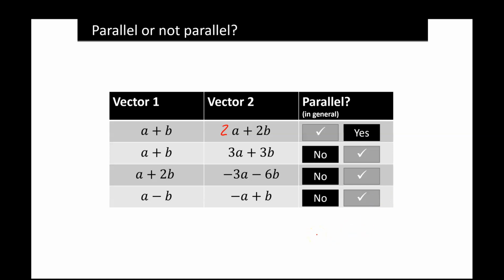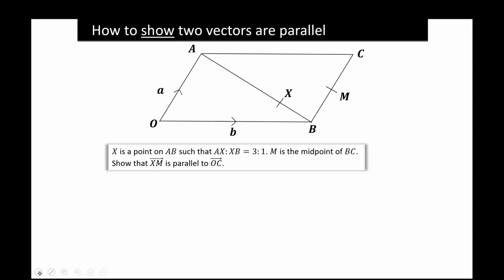So the questions you're likely to get with that, which I'm sure you're all keen to see, is something like this. Show that 2 vectors are parallel. So now we've got questions like we were doing on Wednesday, but we've got to do that final step and show that they're parallel. So X is a point on AB, AX and XB. So we've got 3 to 1,